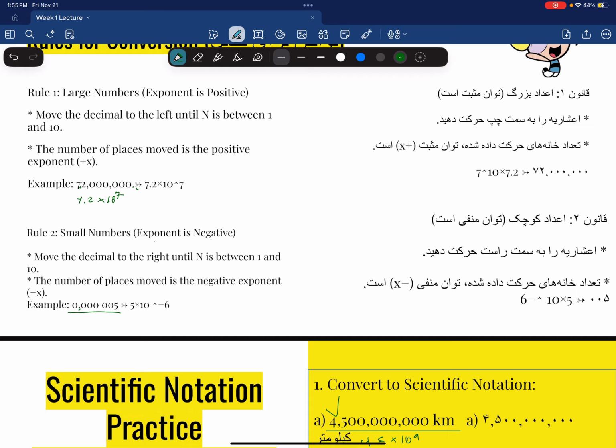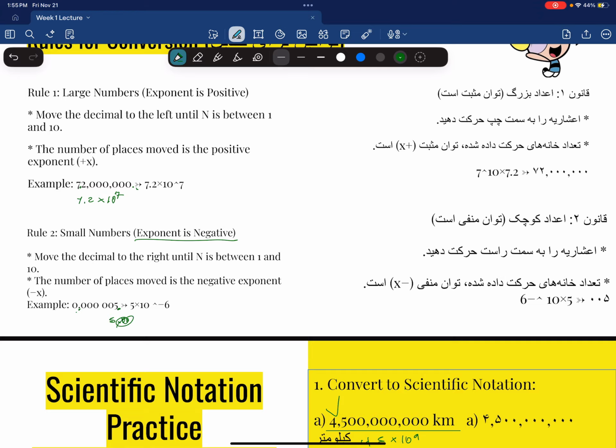You're moving it to the right, that means the exponent is going to be negative. And it's also going to be negative because we're representing a smaller number than initial. So it's going to be 1, 2, 3, 4, 5, 6. Only one number that's not a 0 in front. So it's going to be